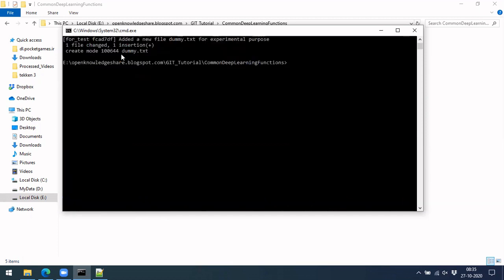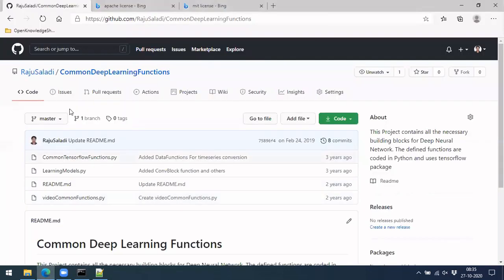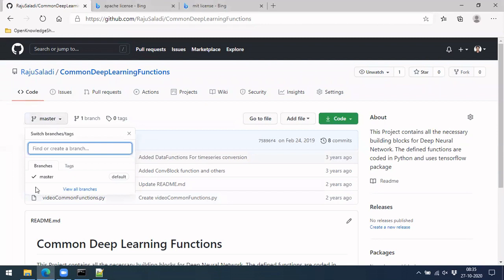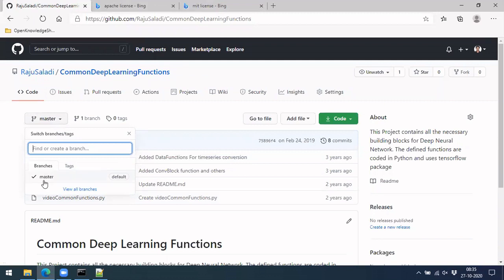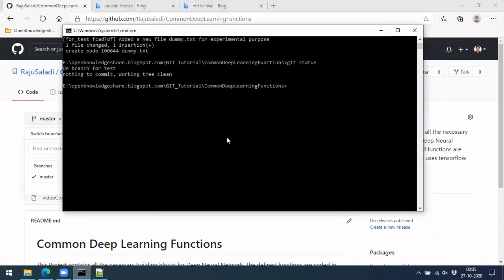Okay, so you can see here it is created for you, with some description over there, right? Now let's see git status. What it is saying is that the working tree is clean, right? So now this is fine completely. But if you see here, this contains only one branch. If you want, you can reload as well, so let me reload it again. Still there is only one branch. It did not reflect over there.